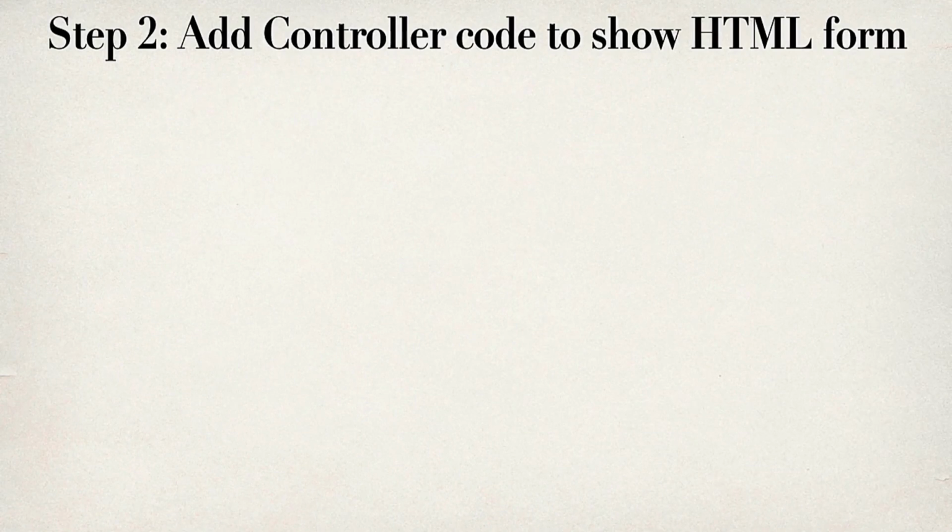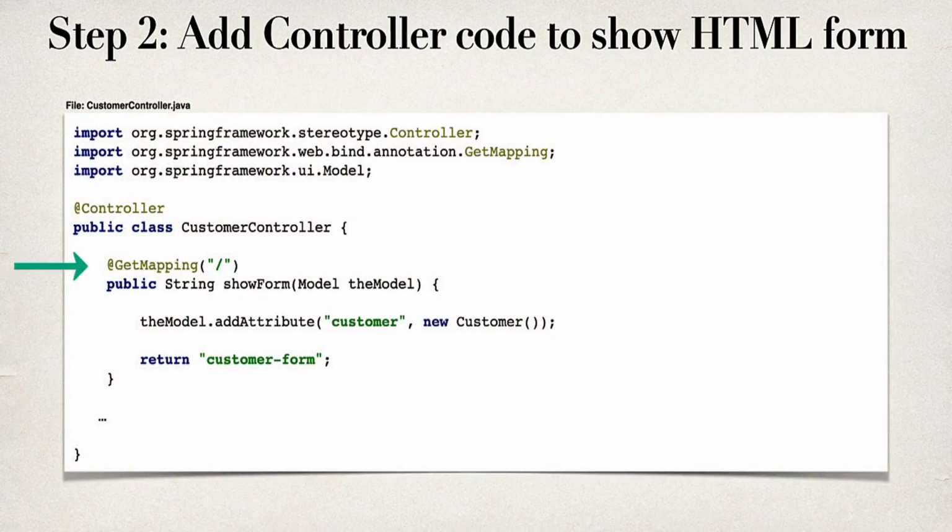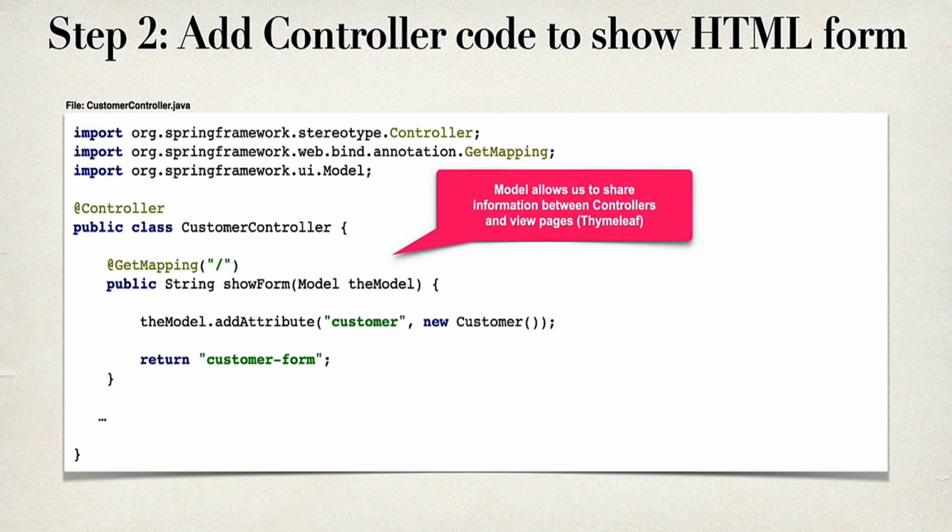Now moving ahead to step 2, we're going to add the controller code to show the HTML form. We set up the get mapping for slash. This will map to the root URL so we can show our HTML form directly. So here we're making use of HTML form binding. And so we pass in the model. The model is a special object that allows us to share information between controllers and view pages. We can basically add information to the model in the controller, and then the view page can actually access that